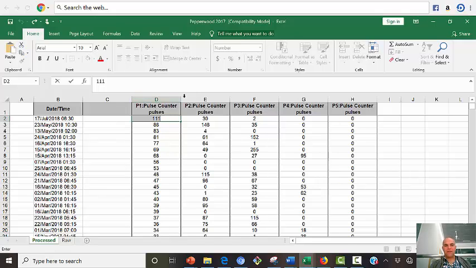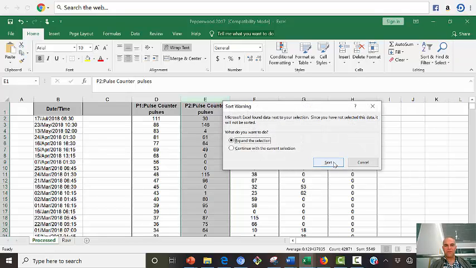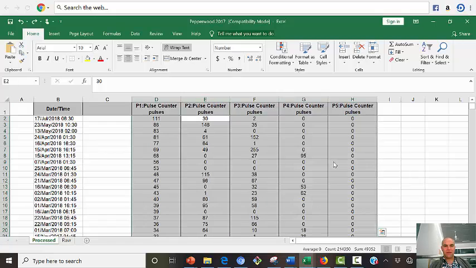Then I go to the next one and sort largest to smallest, have it expand the selection, and then I get rid of the ones that are there. So I'm going to undo everything I just did